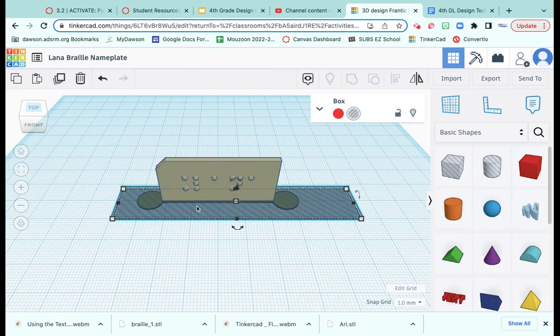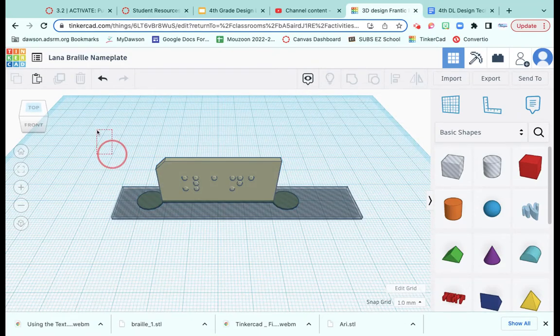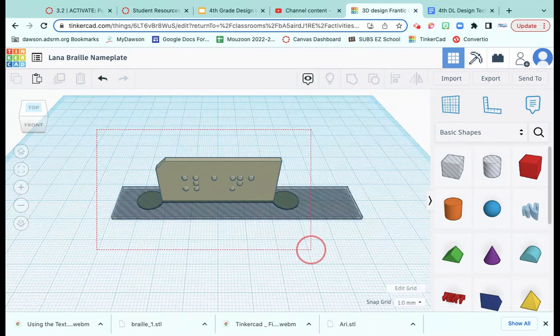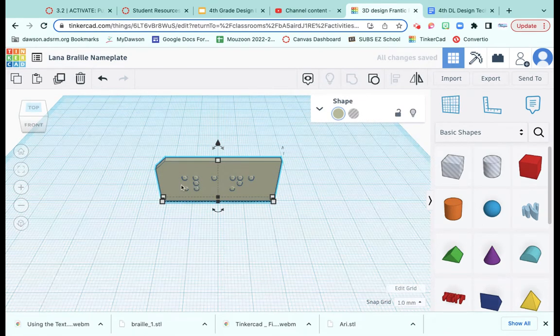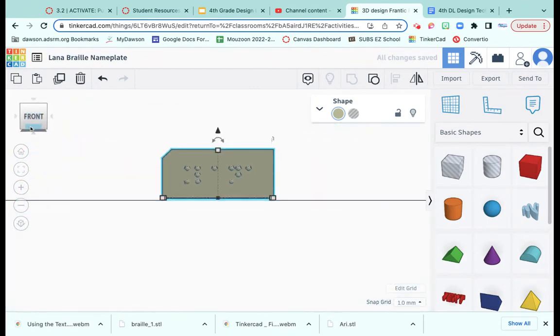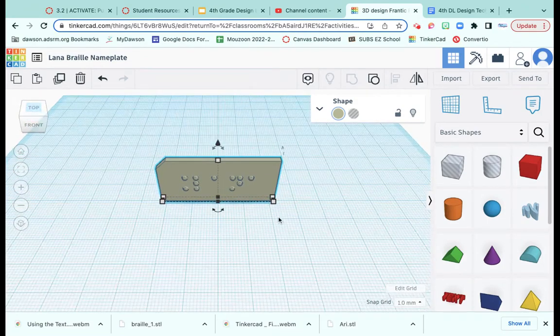To do that, you need to group them together. So you can either do Command A to select all, or you could use your mouse and drag around both and click the group. That will get rid of those tabs, and now they are gone. But you can see it's standing up, and we don't want that. So you want to go to the side view,